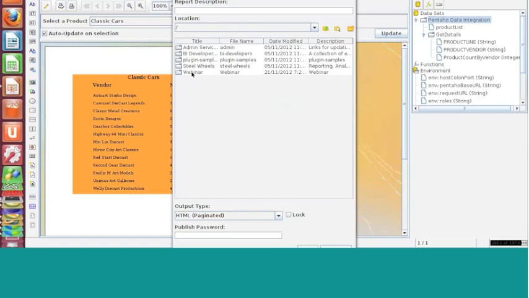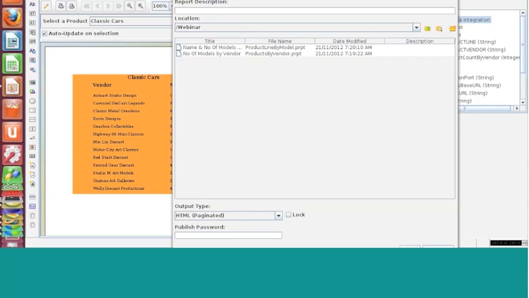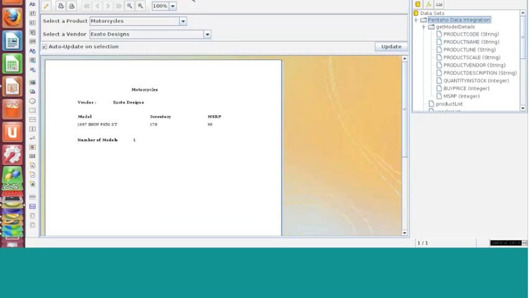I've created a folder called webinar inside my server, and I'll be publishing into the webinar folder with the title number of modules by vendor. I've already published this, that's why both of these are present here. And when you're publishing, you need to give the publish password which is defined in the Pentaho Solutions repository system publisher config file. So this is already published, and in this one,